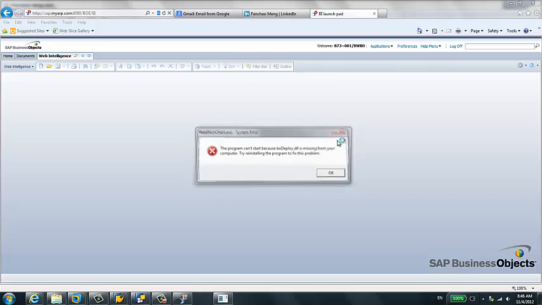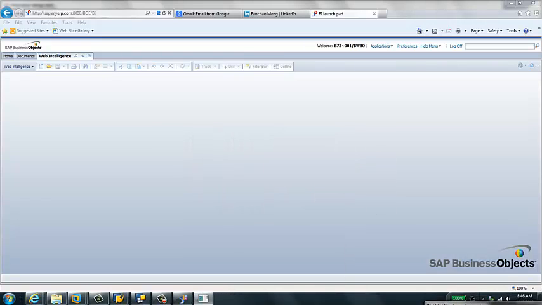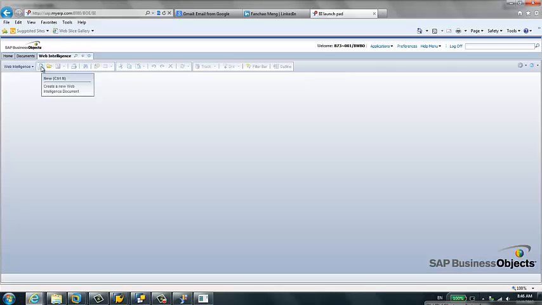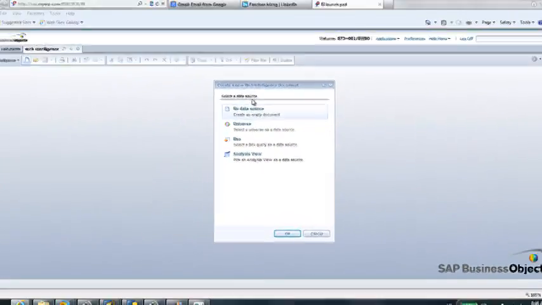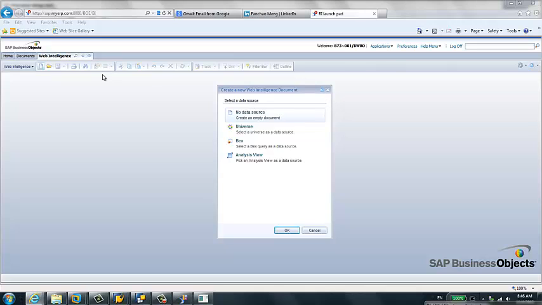They're not working. Okay, let's clear it. Here I can only use the web one. I click new, and if you click new Web Intelligence, the system will prompt you to choose